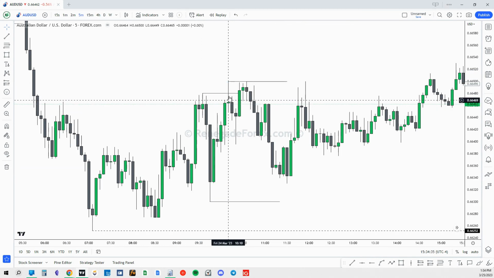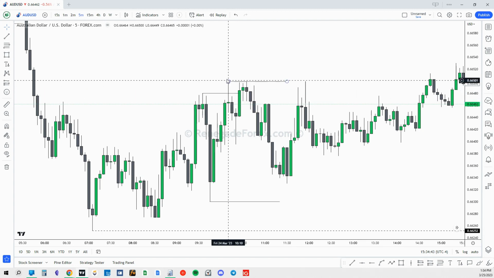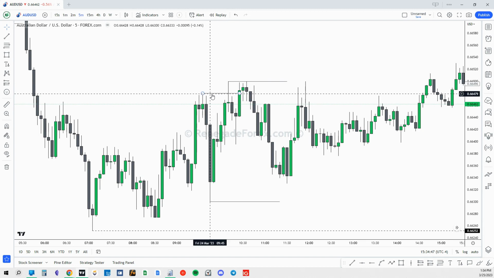A few questions that I'm sure people will have is, why right here is this not a break of structure? Well, if you're asking that, it's because you didn't actually go through the first couple lessons of this course. This actually becomes a wick right here, okay? So wicks are not the same thing as a break of structure. When we have a wick, we can just draw our trend line straight through it to the next break of structure. So this candle right here, its body does close above this old high, causing a break of structure,